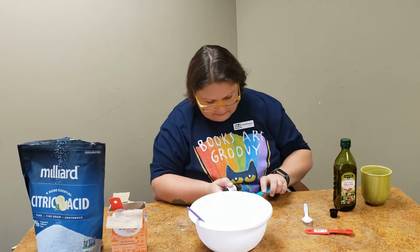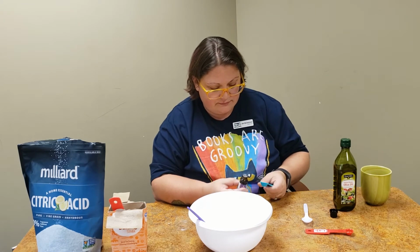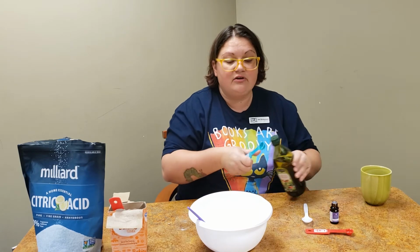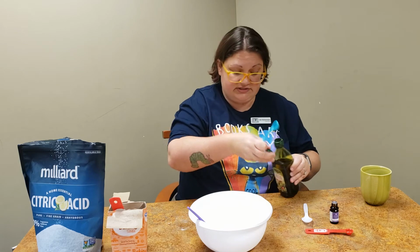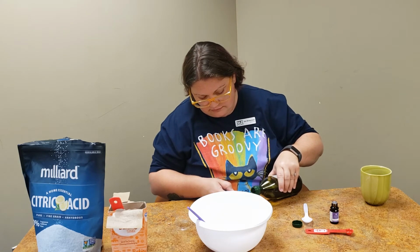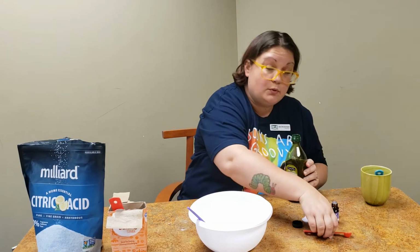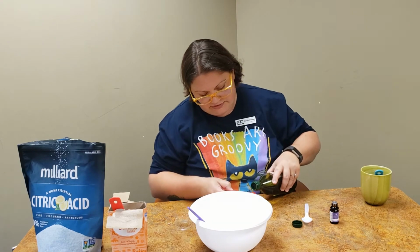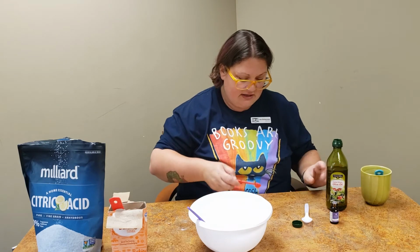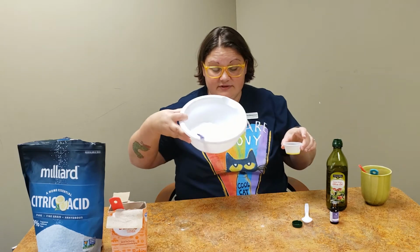All right. And then last, you're gonna get your oil. So your olive oil, your coconut oil, and you're going to do 3/4 of a teaspoon. So 1/2 plus 1/4 is 3/4. So I'll use both those measuring spoons. And see, it's just a tiny bit of liquid that we're going to pour into all of this